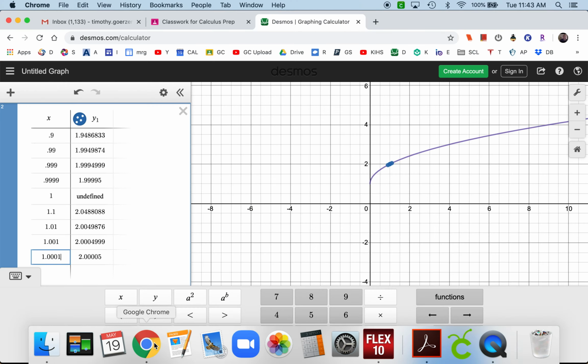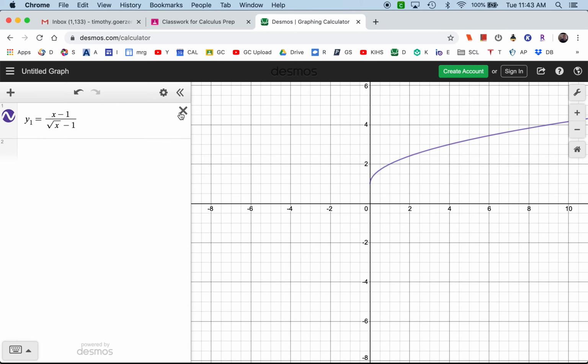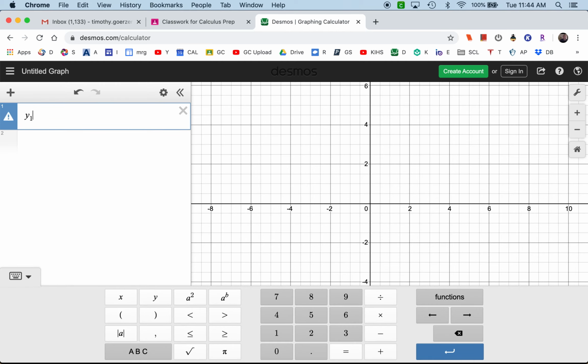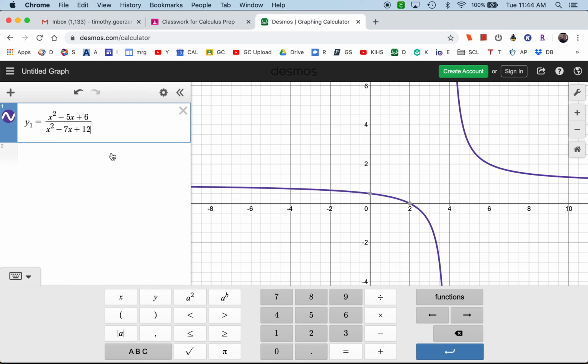So let's go back here and let's see the table of values. I'm going to type this in: y1 equals, a fraction line, and I type in x squared subtract 5x plus 6. In the denominator is x squared subtract 7x plus 12. So if I do a table again,